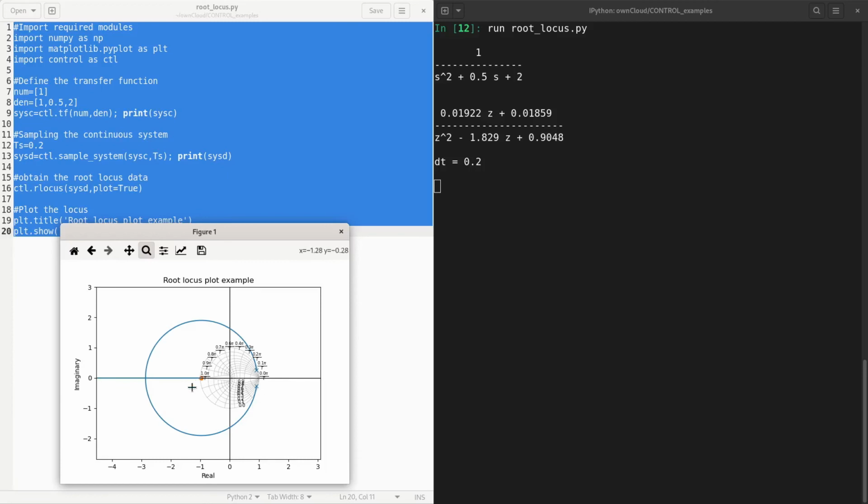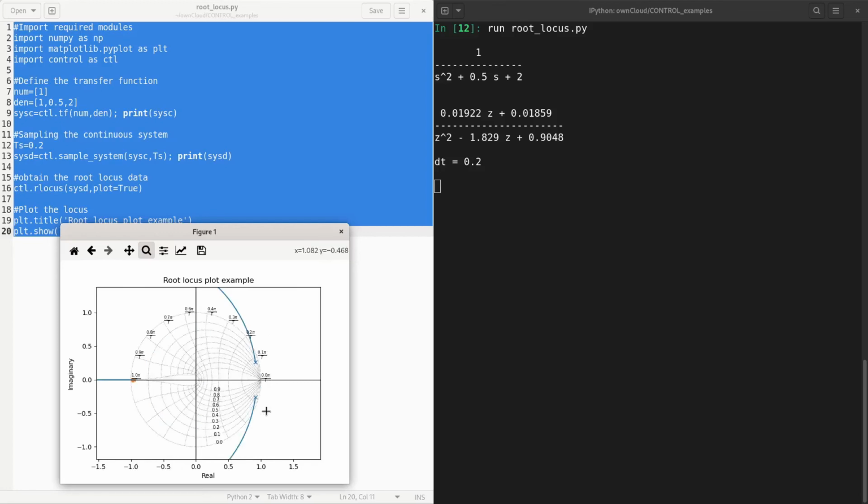So this here is the unit circle. I can zoom it further and see the unit circle. So you see that this is the unit circle, this is the z plane, and the root locus going out to the unit circle like this. Okay, so this is the expected root locus plot.